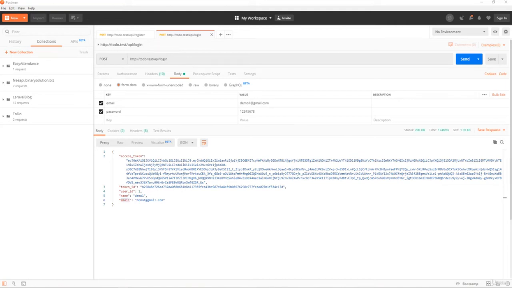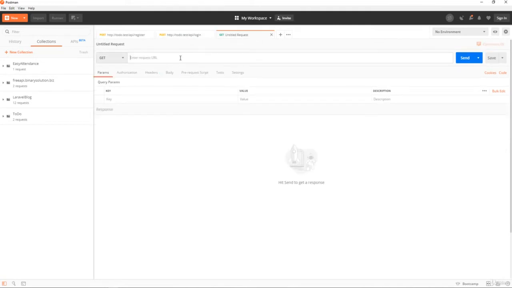Let us continue with our lesson, and let's get started to test our API. For that, we already have a route for login as well as register. Next is adding a post. Just copy the base URL from here and paste it, and this should be a POST request.